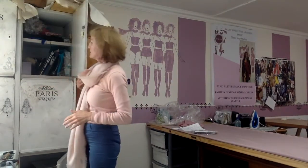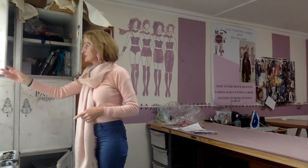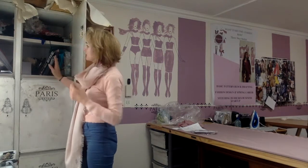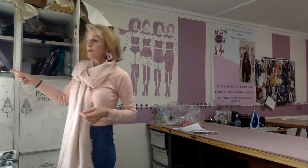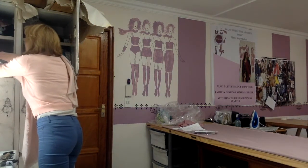The other thing would be your books. Okay, let's have a look at books. One of my actual cupboards where I've got quite a bit of my books, and I've got my fabrics sort of packed inside here. So all the materials get put into this cupboard, and there's another shelf at the bottom with all the files in. So what I do is I kind of keep all my books in this particular cabinet, and I've also got some books on the other side over here which you can't really see. But let's say, for instance, I've got a